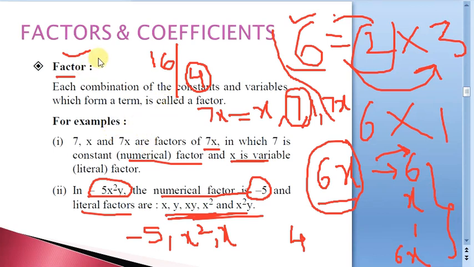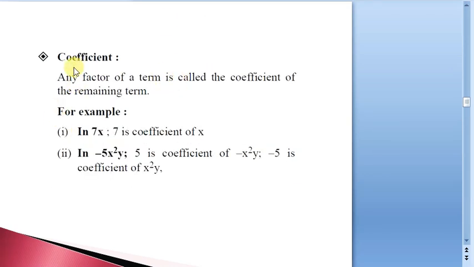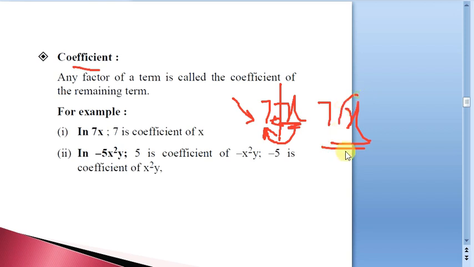Now see, already we have seen what coefficients are, so let us have a quick look at that part also. Coefficient means, let us take an example. Suppose I have 7x, so 7x is a term. In this, x is the variable, and whatever numeral is presiding before it, we call it the coefficient in general. Leave x, take the other part only. This is 7. So for this x, 7 is the coefficient involved.